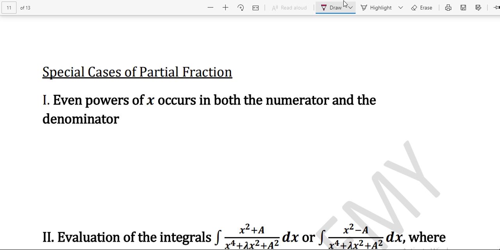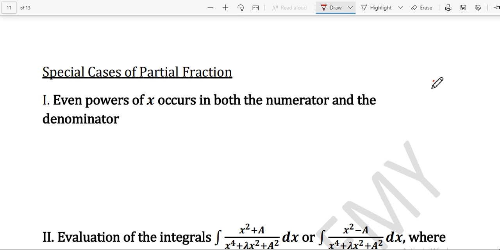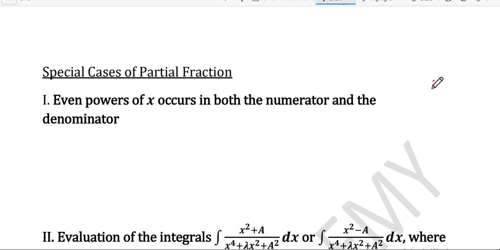Now let's see some of the special cases of partial fraction. I am going to explain the special cases. Let's see the first special case. The first special case says that whenever there are even powers of x in both the numerator and the denominator,